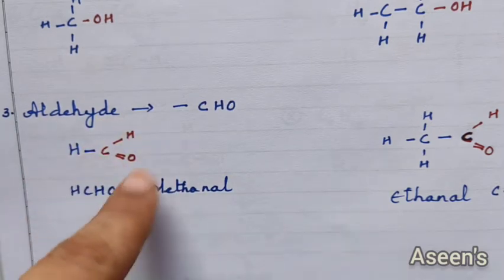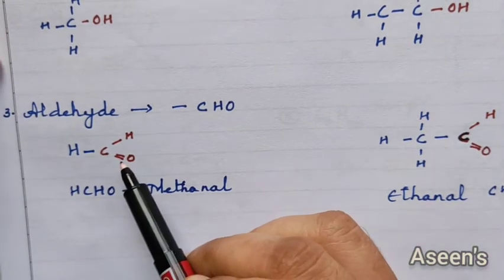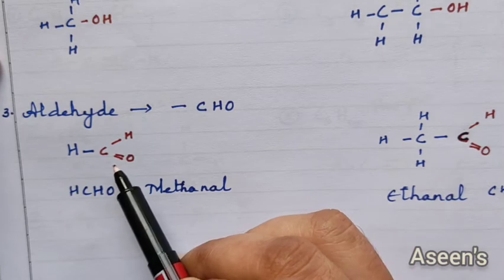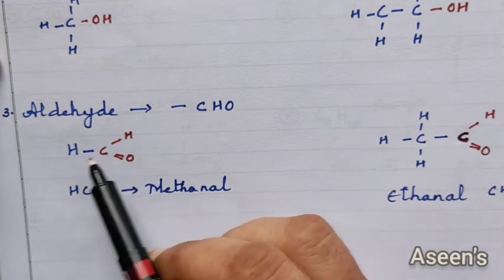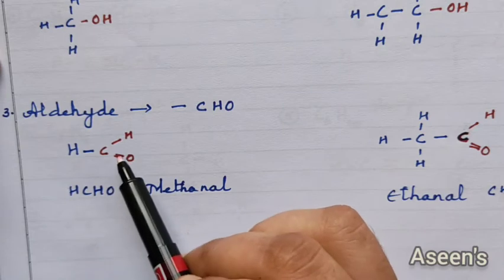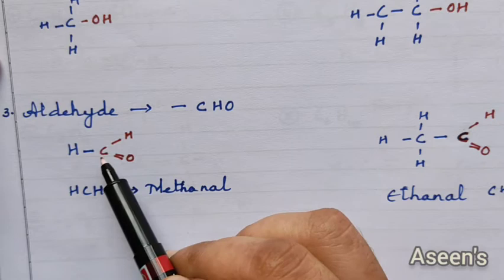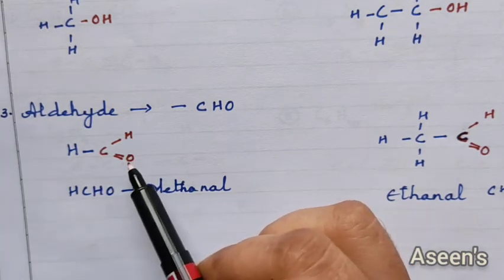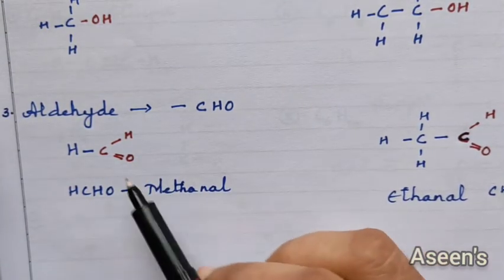Okay. Next, we have got no double bond. Okay, if you're counting this as a double bond, we are not supposed to take this as the double bond, as we are taking in alkenes and alkynes. We need a double bond between carbon and carbon. Then we can write ene. But we don't have a double bond or more than double, that is triple bond, between carbon and carbon. Hence, this double bond is not considered. If you're having a double bond between carbon and other atoms, that is oxygen, or any other atom, then no, it's not considered. Hence, it is supposed to be an alkane itself.